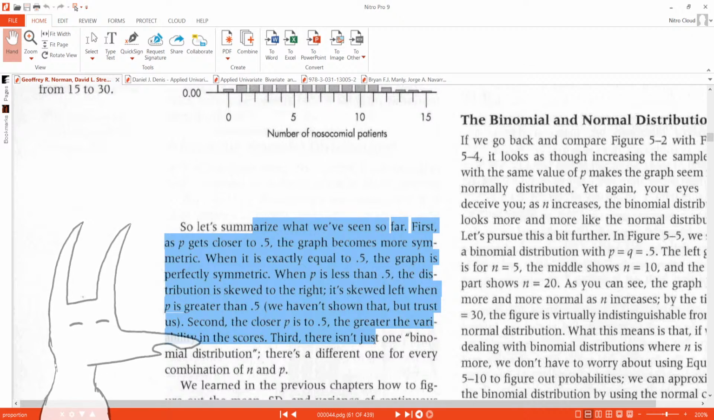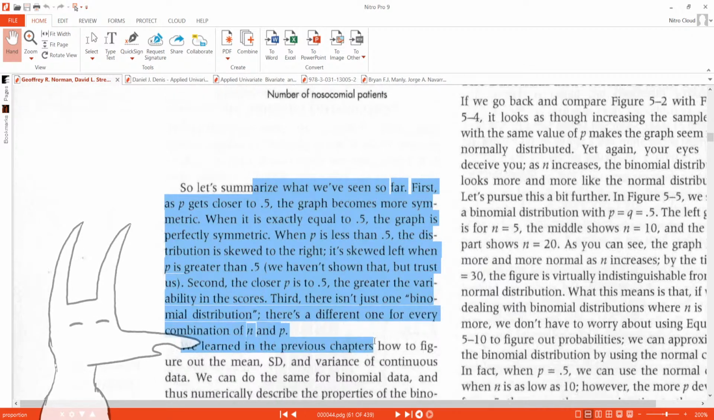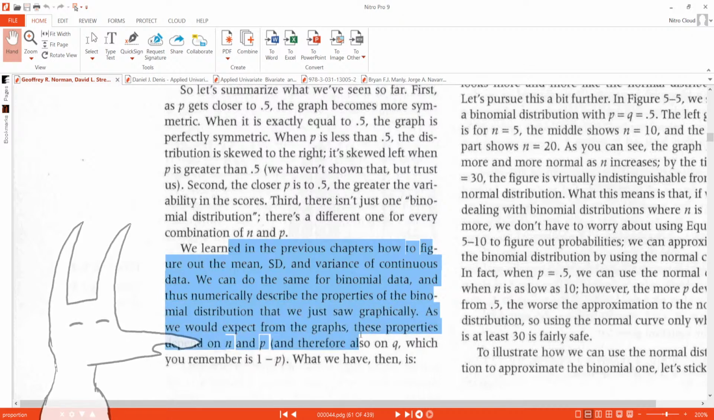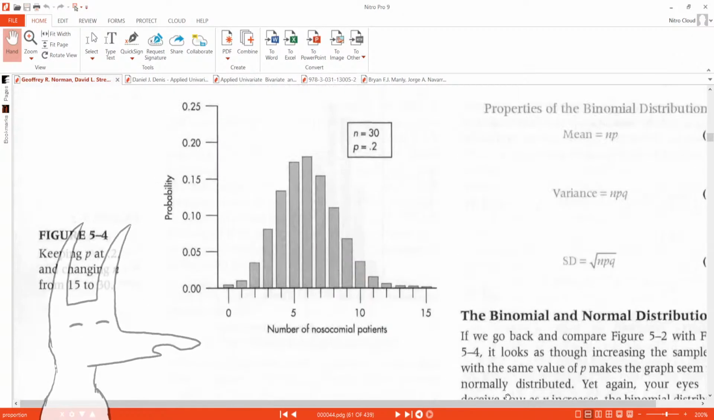Third, there isn't just one binomial distribution. There's a different one for every combination of n and p. We learned in the previous chapters how to figure out mean, SD, and variance of continuous data. We can do the same for binomial data, and thus numerically describe the properties of the binomial distribution that we just saw graphically. As we would expect from the graphs, these properties depend on n and p, and therefore also on q, which you remember is 1 minus p. What we have then is